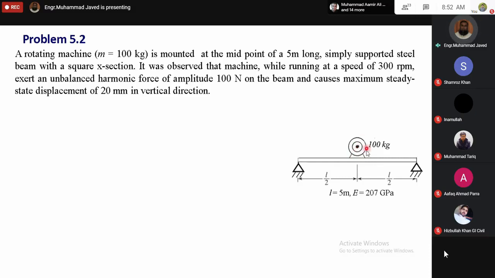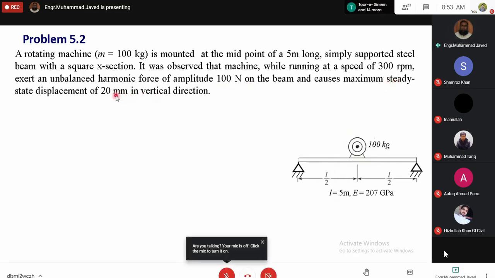Now, when this machine is rotating at a speed of 300 revolutions per minute, यानी कि एक मिनट में ये 300 revolutions complete करती है, at that situation an unbalanced harmonic force of amplitude 100 Newton is produced on the beam, and which causes maximum steady state displacement of 20 millimeter in vertical direction।